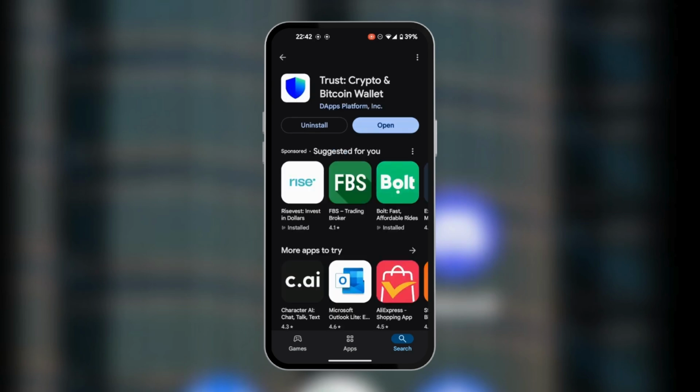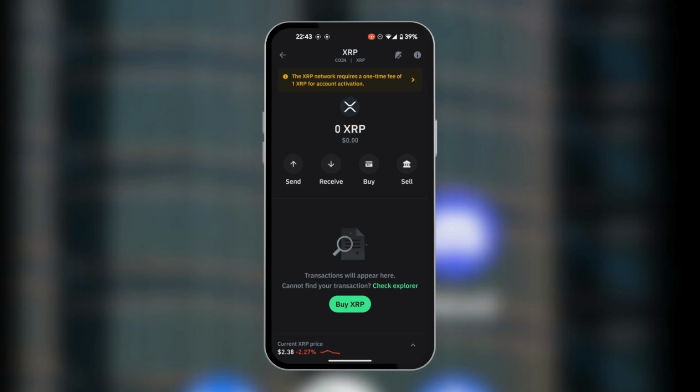And then we're going to tap on Open. And now you can see the correct figure is finally here. You need to make a one-time fee of 1 XRP for account activation. So if you're seeing 10 XRP, you need to update your Trust Wallet app in order to have the updated